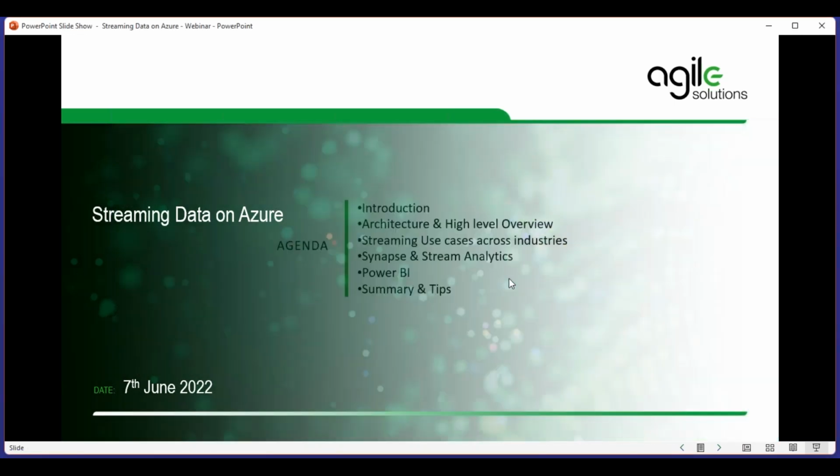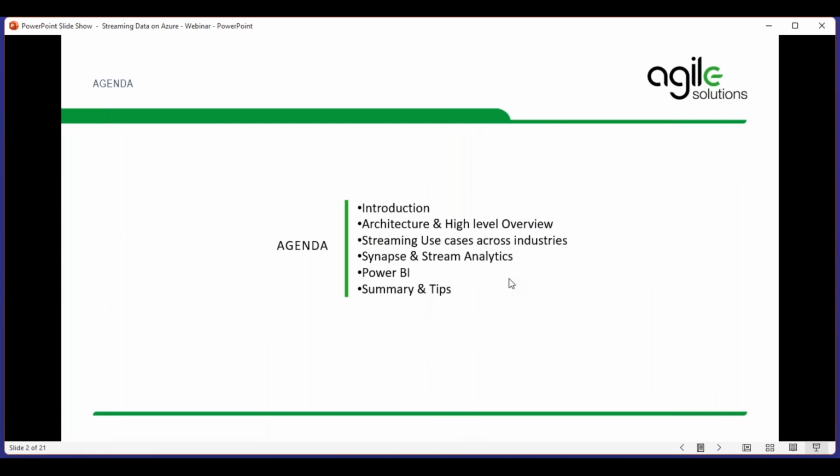My name is Graham King, and I am the go-to-market lead for data strategy, governance, and advisory here at Agile Solutions, and I'd like to give you a brief overview of the session that you're about to see. I'll give you a quick overview of Agile as an organization, how we help clients with their data, and then I'll hand over to Jeff Jones, who will look in more detail at the architecture to support streaming on Azure, services that can be used for streaming, and some use cases around streaming on Azure, as well as a demo of these functionalities.